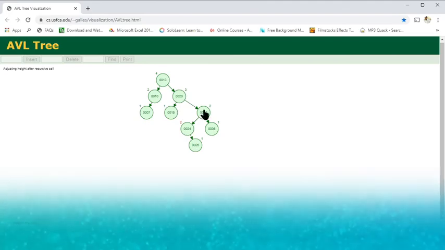So that means the problem is over here. Remember, the problem is with 20, 30 and 24. So let's check that. 30, no problem. When it goes to 20, we have a problem. See, the problem is over here, the red color arrow. 20, 30 and 24. Right, left. So right-left rotation.